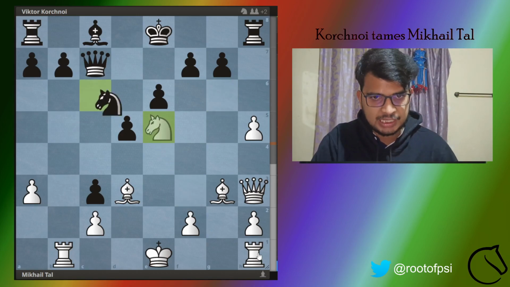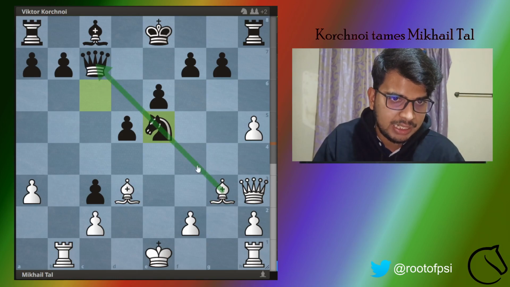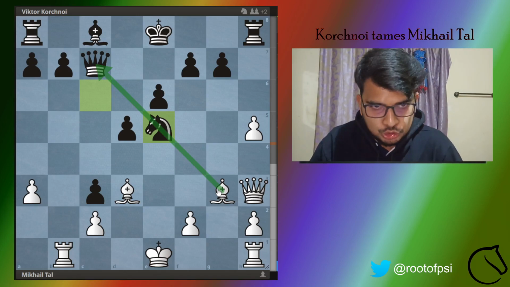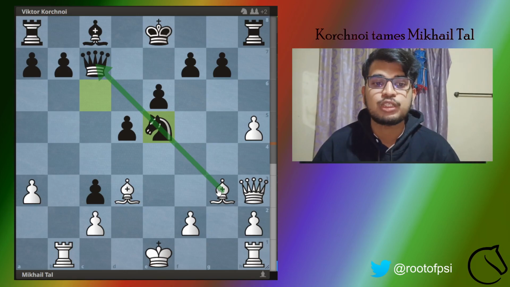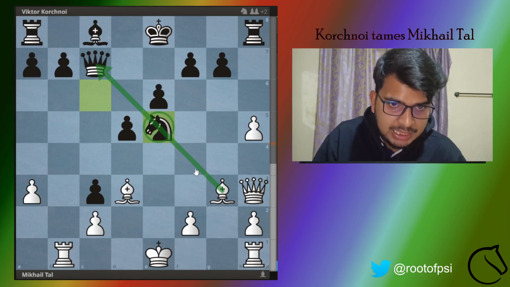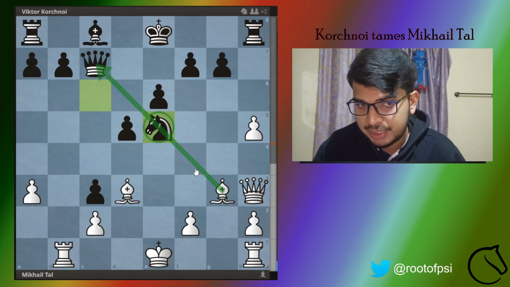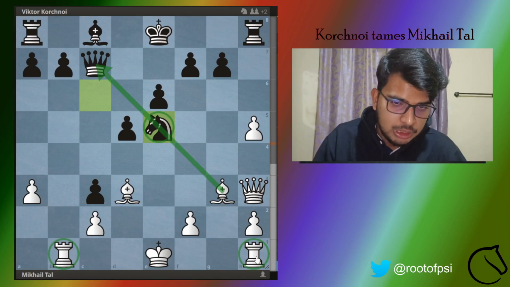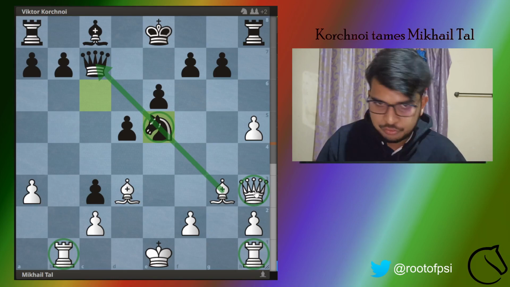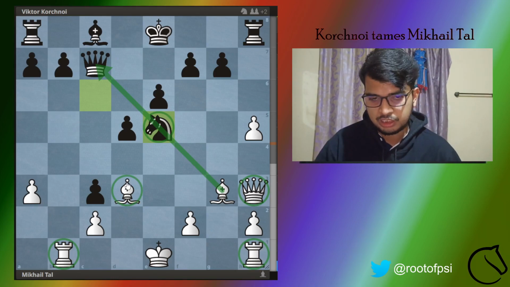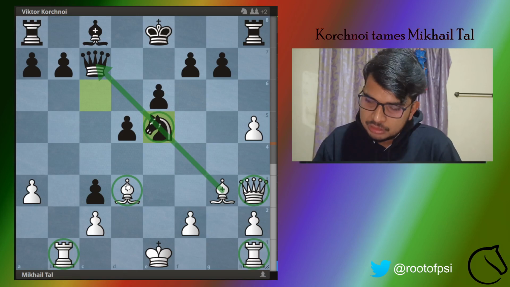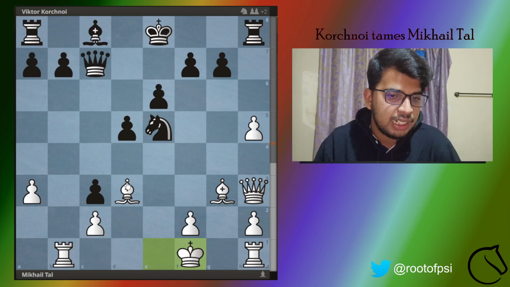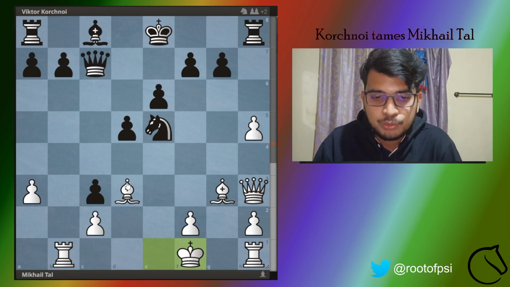He decides to first take, and after takes you can clearly see that now this knight is pinned to the queen, but Viktor Korchnoi is not in much trouble here, because you can already see that there is no piece that can put immediate pressure on this, because neither can this rook put pressure on this, neither can this rook, nor this queen put pressure on this knight, and anyway the bishop is light square, so it can't attack the knight. So Viktor Korchnoi understands that, and now Mikhail Tal plays this move of knight to f1.